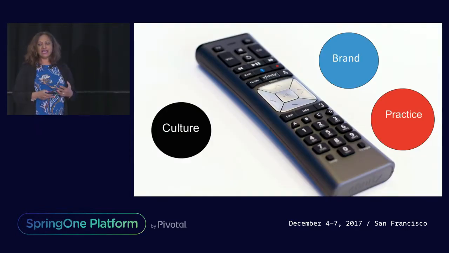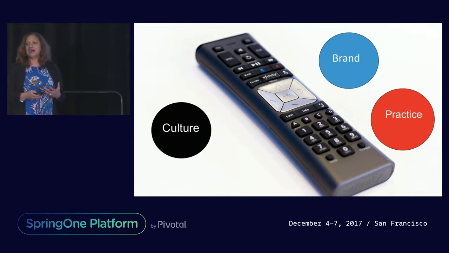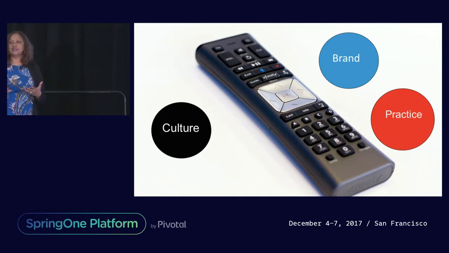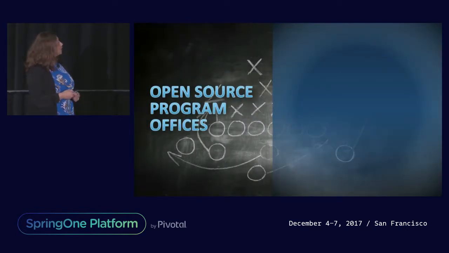So one of the things that we embarked on was that when you transform yourself digitally, it means culture change: how we develop products, how we interface with customers, how we communicate. It's also a brand image change, and it's also a practice change. So the tools we use, the development practices, the hiring practices, everything starts changing as a company. And this is something that the open source practice is also a key part of. And I'll explain a little more about what that means.